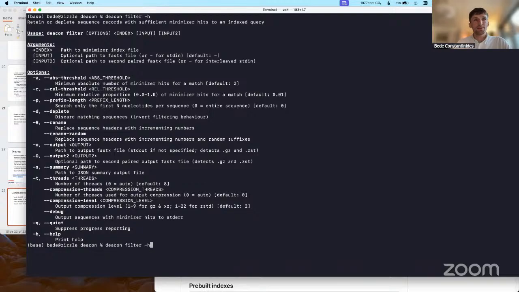I've got it stored in data, and this is the file name of the index by default. Then you provide a path to your sequences. These could be FASTA or FASTQ. The quality isn't used directly, that's something to know. They could be assembly contigs or raw reads.